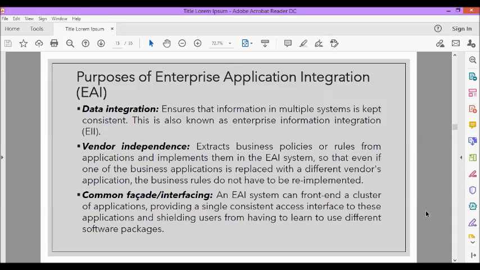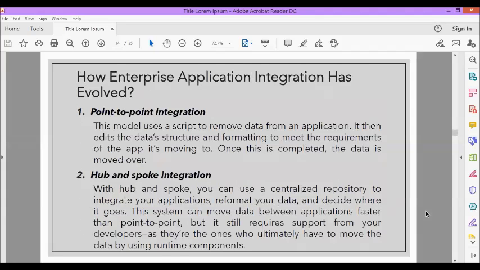Instead of learning 20 different user interfaces for 20 different applications, EAI might allow employees of an organization to learn a single graphical user interface, or GUI, that connects seamlessly with existing applications, databases, and other enterprise tools. This streamlines administrative processes and helps employees be more productive using enterprise applications.